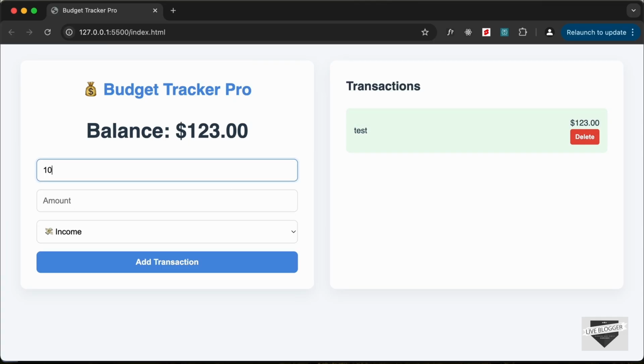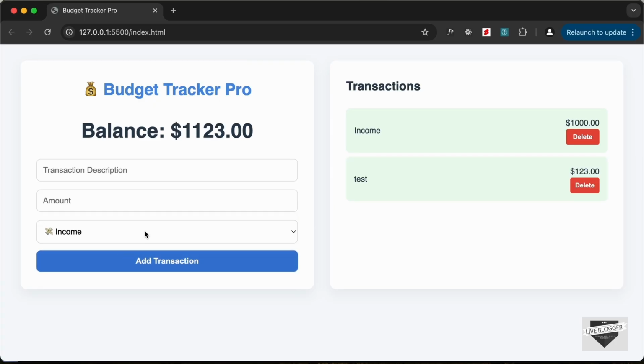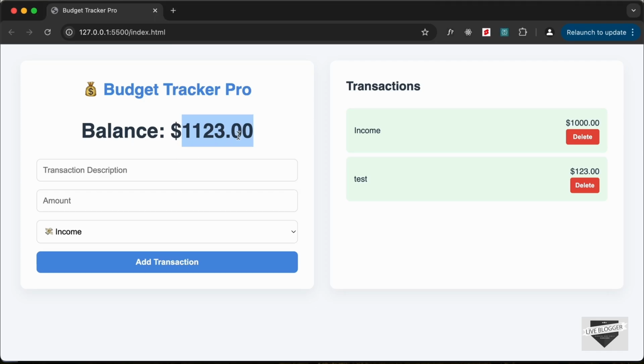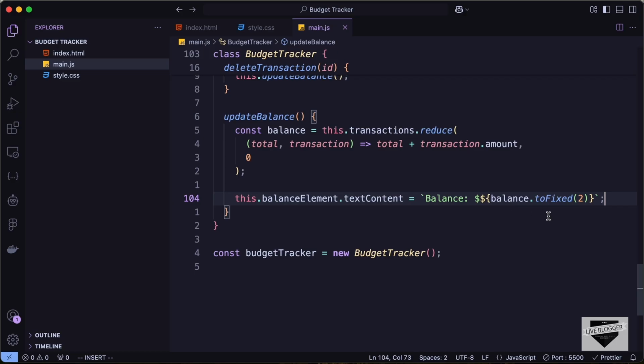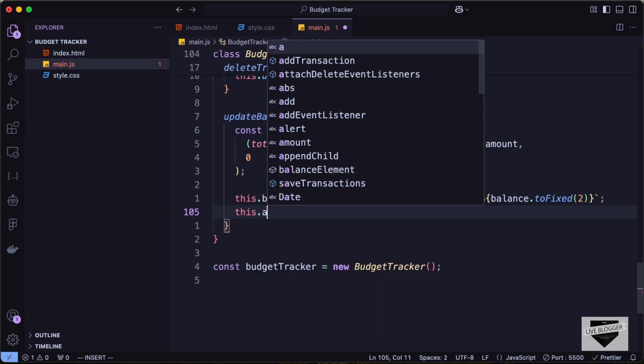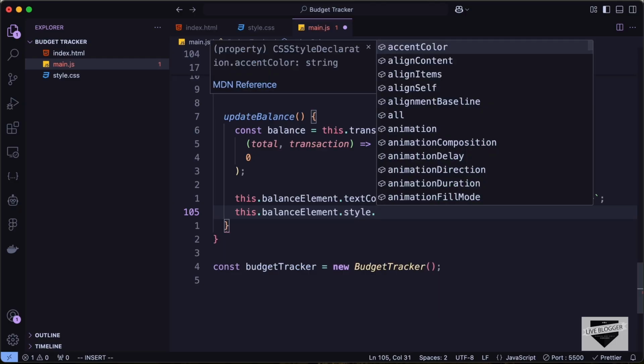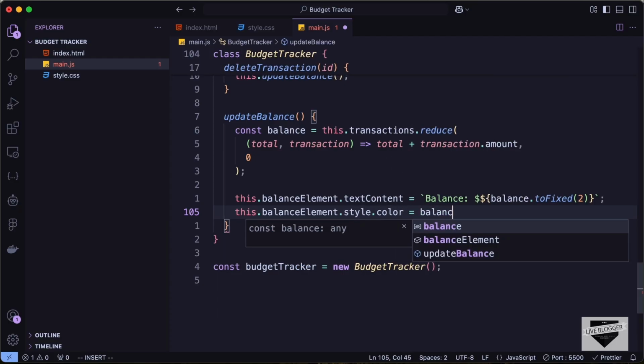Let's add a new income. And here we can see that the balance is being updated correctly. Now if we have a negative balance, we need to have a different color, and for the positive balance we need to have kind of a green color. So let's do that. So here let's type this.balanceElement.style.color equals balance, and let's